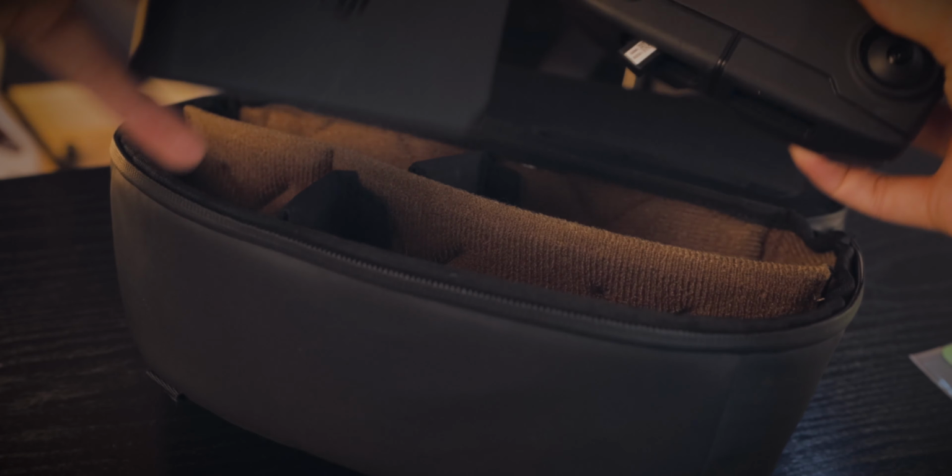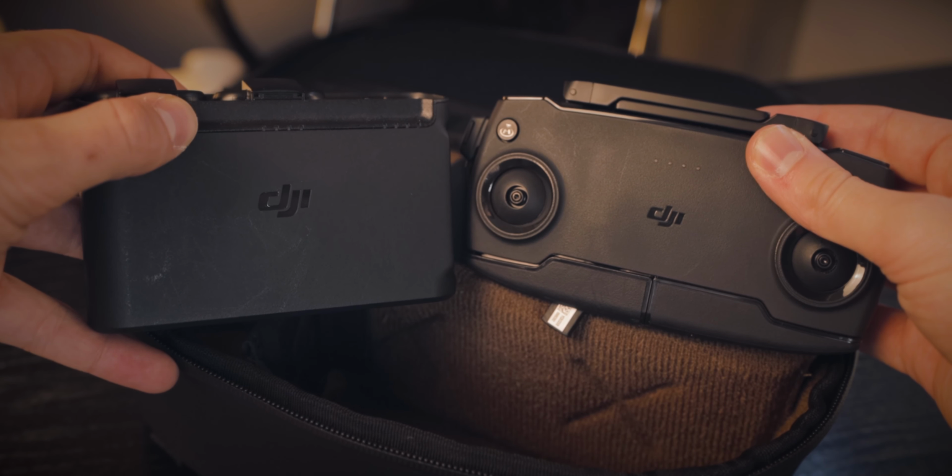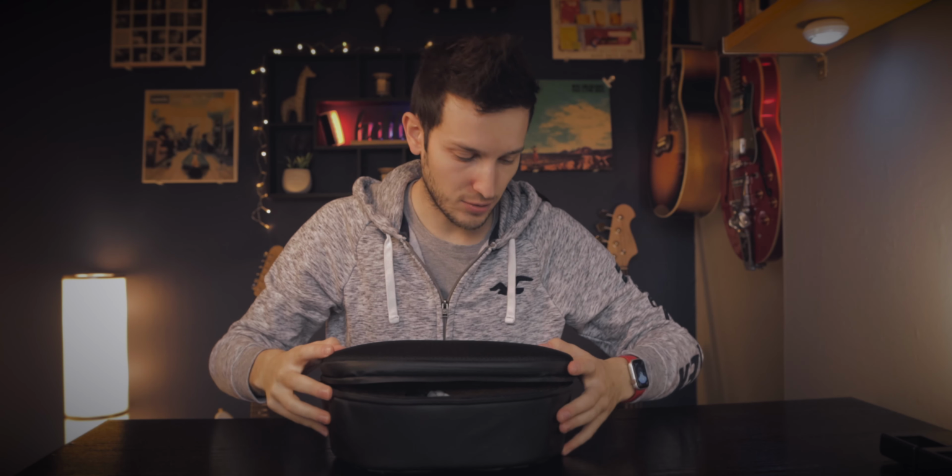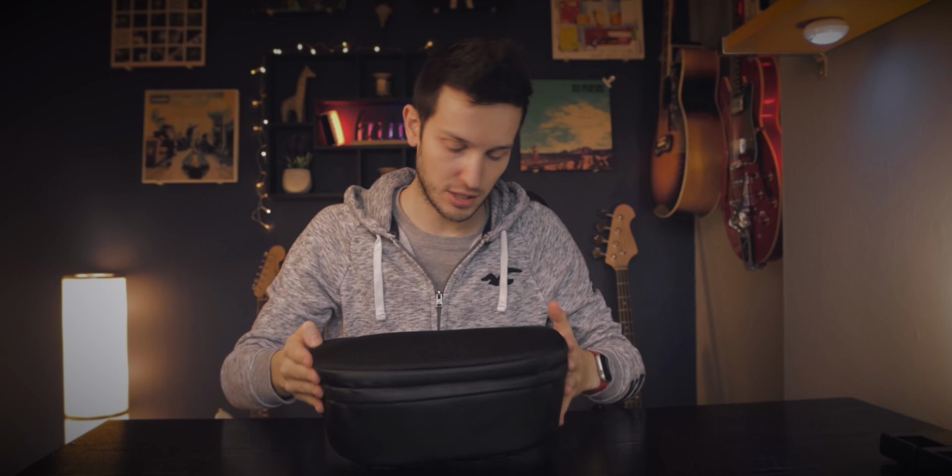I also have here spare drone batteries and drone remote controller. I do have a spare compartment that I'm not sure what to put in. That is my only spare compartment when I've got everything in place. But there is one last thing with this that is absolutely genius. So that just sits in your camera bag like that, as it was in mine at the top of the bag. But then you can take this out,